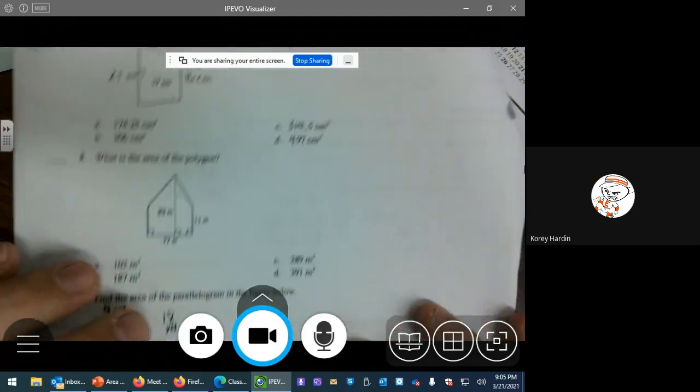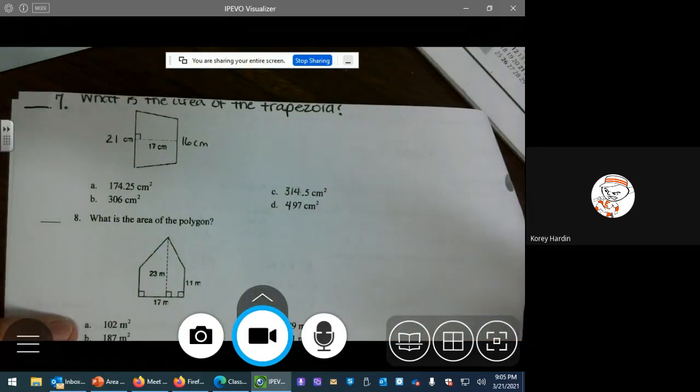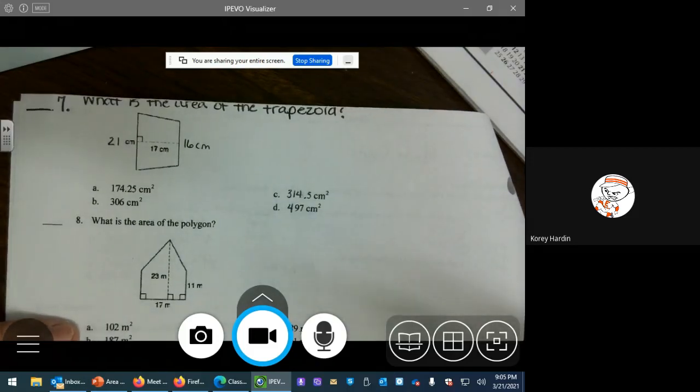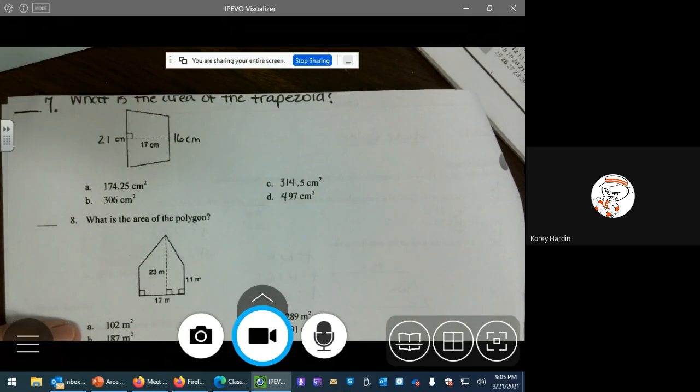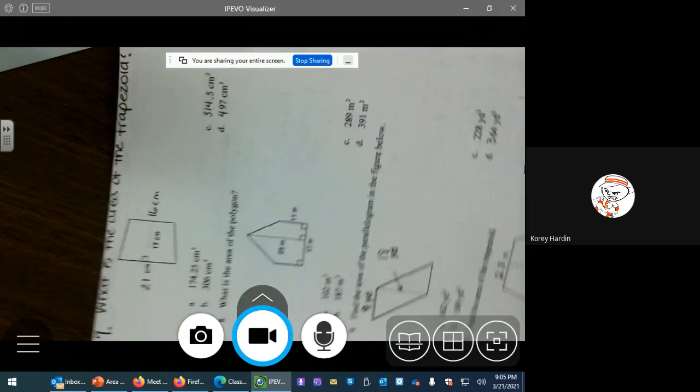Let's go ahead to page 2. What is the area of the trapezoid? So a trapezoid, we look at B1, B2, and the height, okay? So the base 1, base 2, and the height. Now on this one, it's like the trapezoid's laying down taking a nap. So if it helps, you can rotate your paper and look like that, but we can still do it from